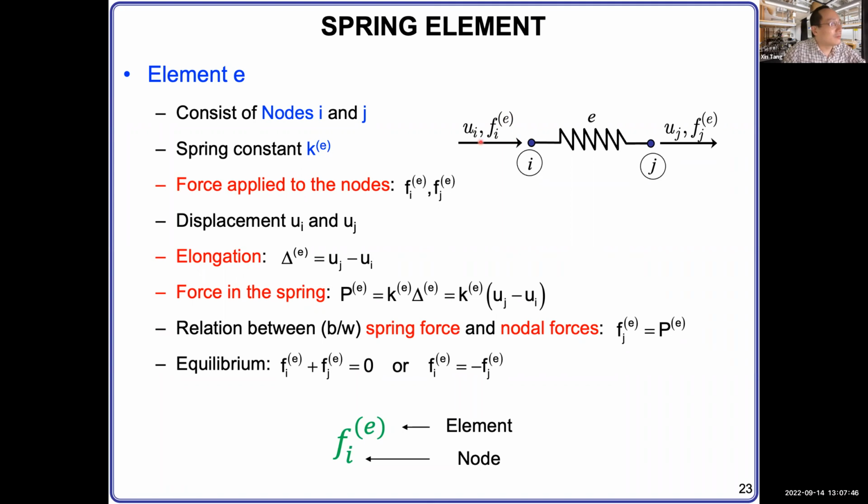And then on the nodes, you also have displacements, U_I and U_J. So these four different parameters describe the mechanical state of the spring. There's one more parameter very important for the spring, which is the material parameter of the spring. So you also have the spring constant of the spring, called K^(E), which is shown here. You see my moving cursor.